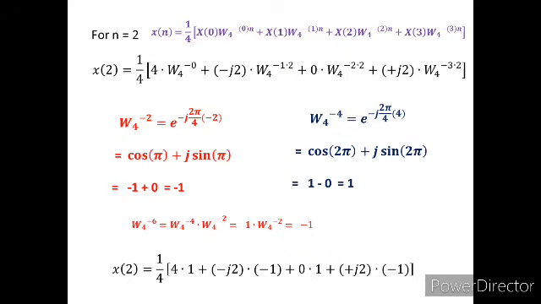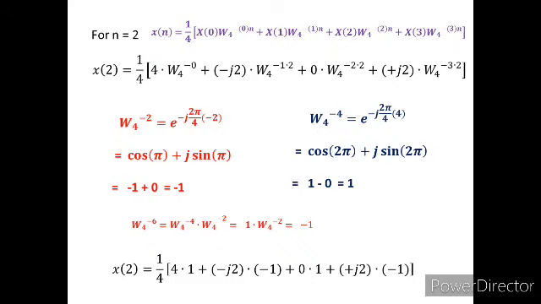Wherever W4 to the power of minus 2 is there, what we are going to get is 4 and 4 again, 2 and 4 and minus 2 get cancelled. So we get cos pi, and cos pi is nothing but minus 1. W4 to the power of minus 4 is 1. And W4 to the power of minus 6 can be written as W4 to the power of minus 4 into W4 to the power of minus 2, where W4 to the power of minus 4 is 1 and W4 to the power of minus 2 is minus 1. Substitute all these values in the above expression.